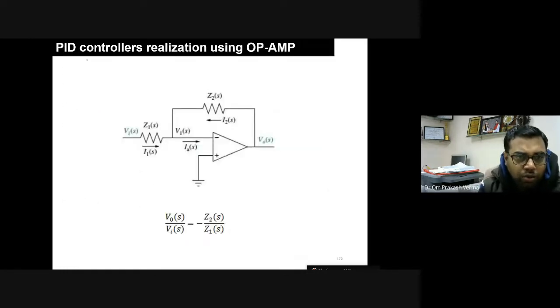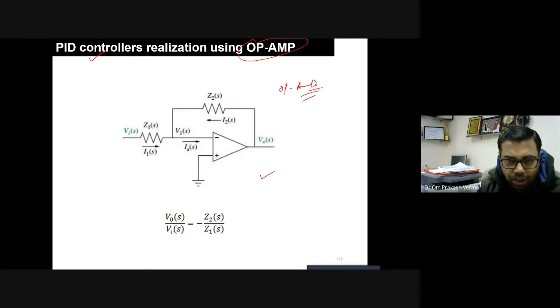How the PID controller is going to be realized with the op-amp. Okay. So first come to the proportional control. Let's say. So as you know how the op-amp will work, I think all of you know. You are aware of this. So this voltage is simply grounded. So by the virtual short concept, the voltage of this point is zero. Since this is zero, therefore this is zero.